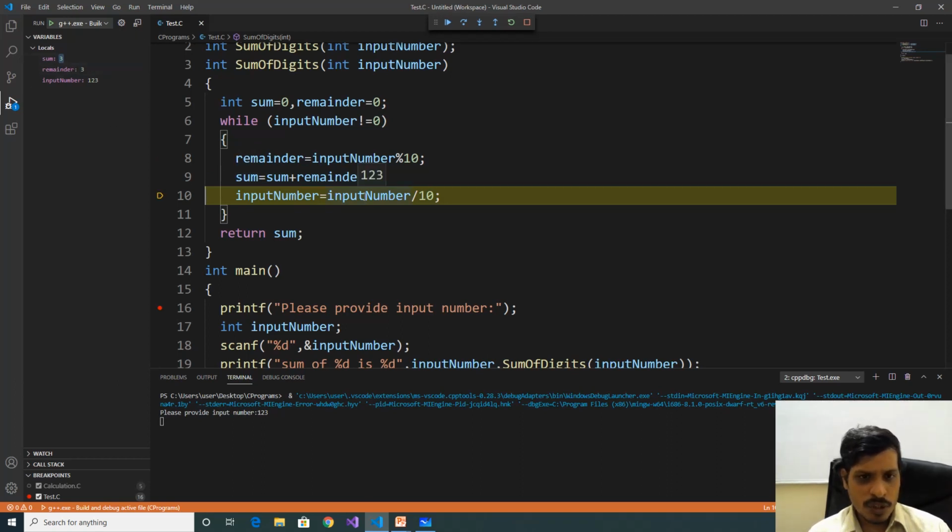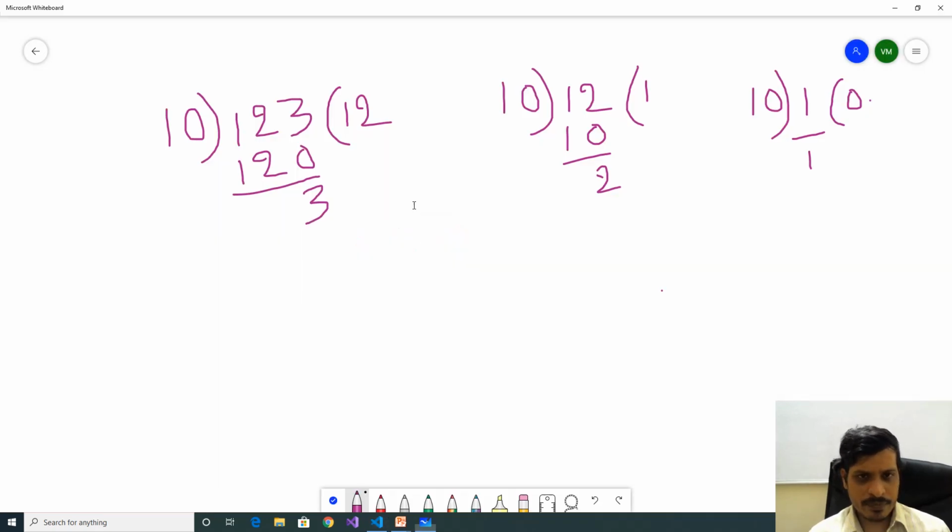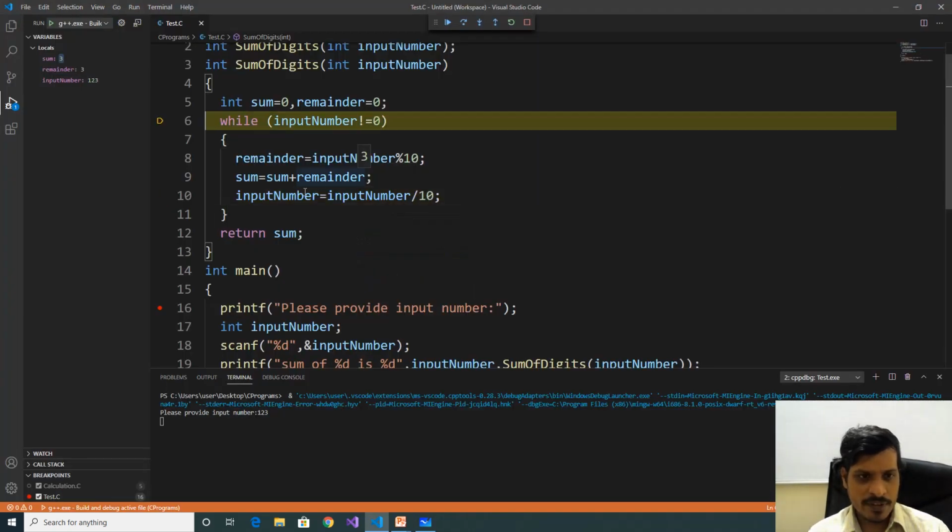Now here 123 divided by 10. If you use division operator, we will get quotient. Here 123 divided by 10 will get this value. F11, here input number equal to 12. So 12 not equal to 0, true.